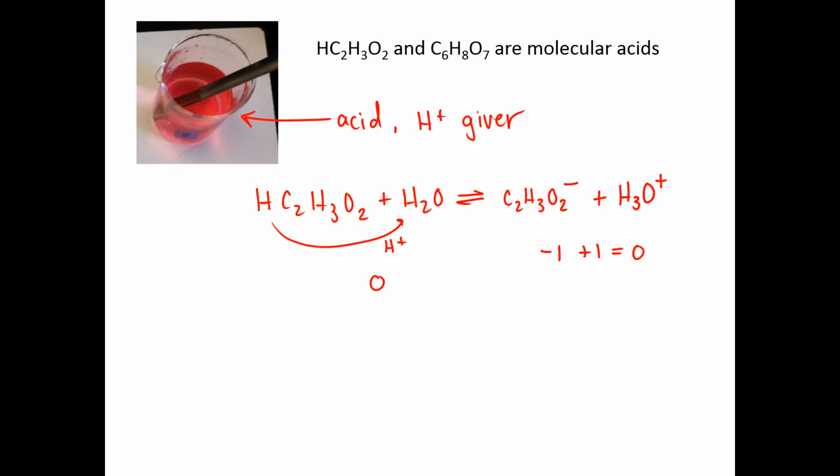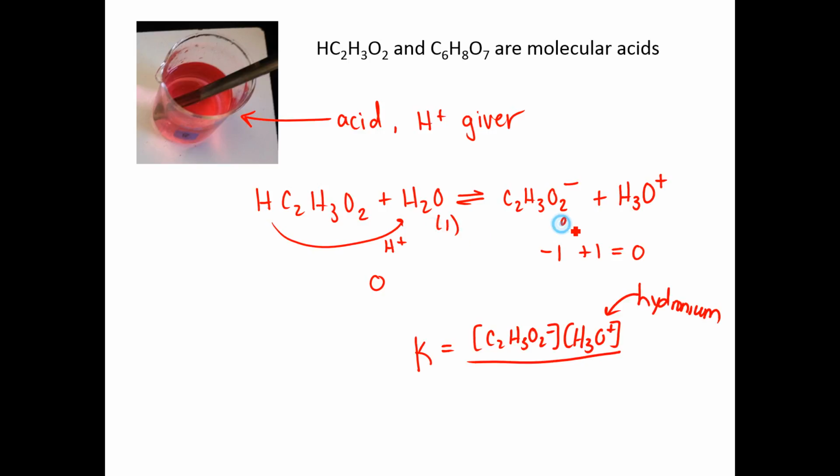And we can also write a K expression for this. So these are all going to be equilibrium reactions with water. So when you write your K expression, it's going to be products on the top. So this is our acetate ion, and then H3O+. Just so you know, this is also known as the hydronium ion. And on the bottom, we're going to leave out water because water is a pure liquid. Everything else here is aqueous. So the only thing on the bottom is going to be